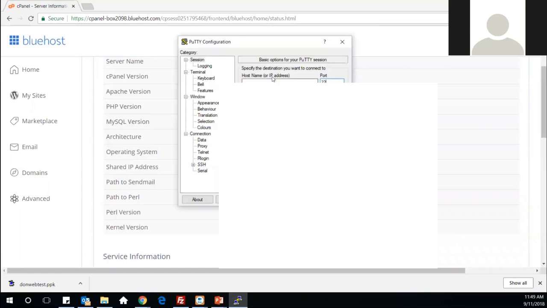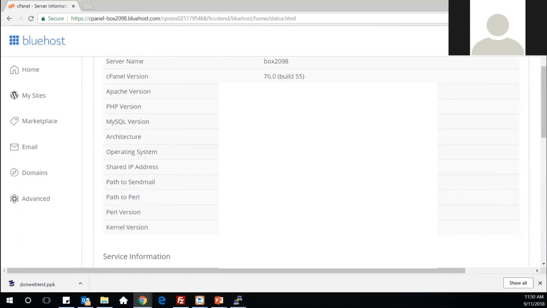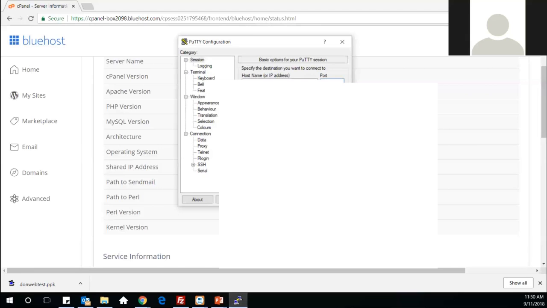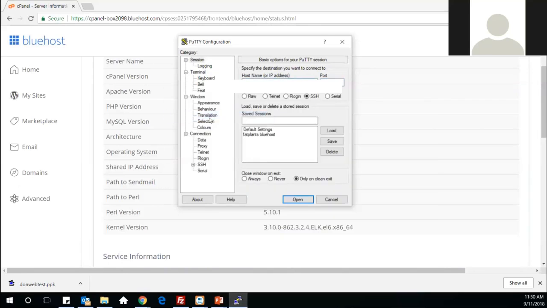So what we're going to do is use that information here. I'm going to copy and paste it. Please do not be alarmed if it's blocked out. I am trying to make sure that nobody will hack into my account, but it's important that you get this information. So you get this host name or the IP address. IP address would be best if you have one. Once you have that,